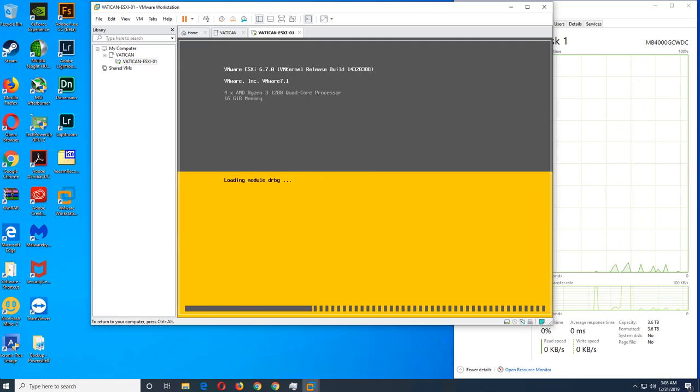It's going to pick up an IP from our local VLAN, whatever is assigning addresses on your local network. Once it's all loaded and we get that IP address,